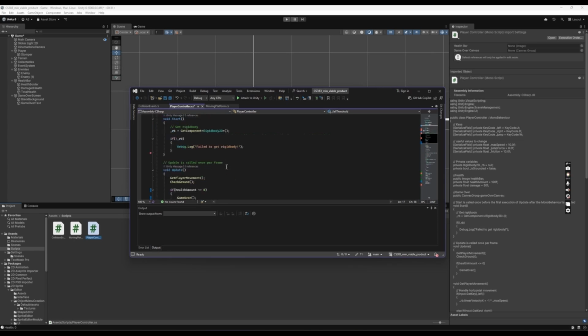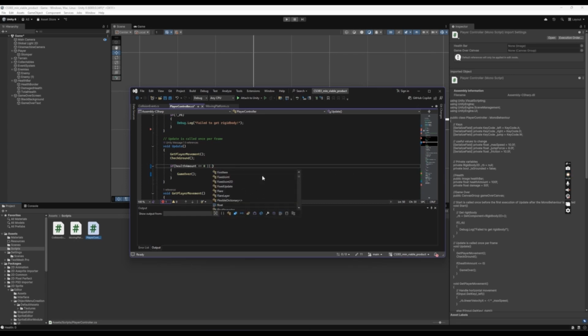Then we just need to go into our update function here and have an additional check. We want to call game over not only if the health is equal to 0, but also if the transform position is less than the fall threshold. So the position that the character is at is below our fall threshold. Then we want to call this game over. If you wanted to add additional options or complexities for what happens other than game over, we could also have that